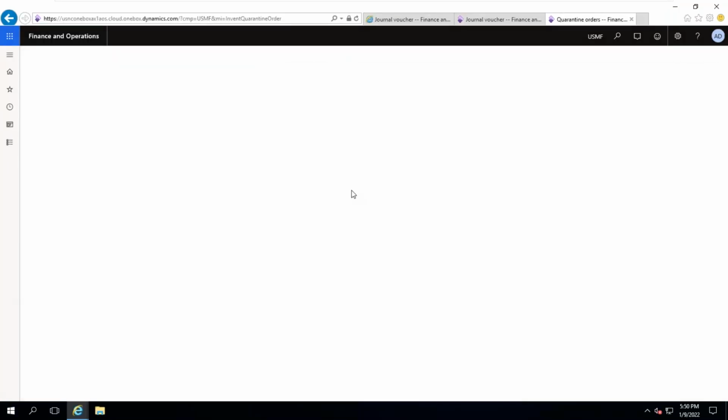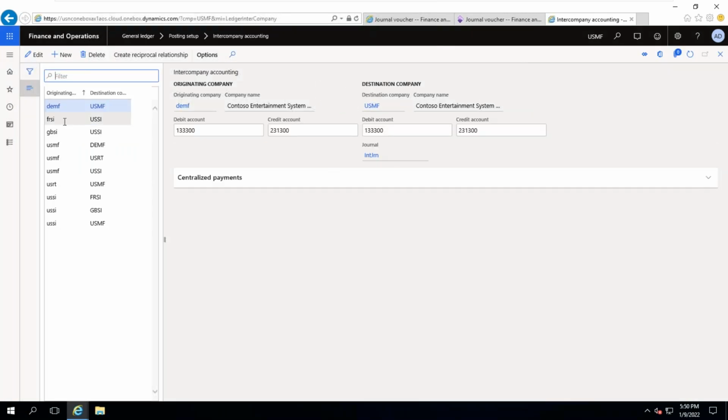So USMF versus DMF was mapped, DMF versus USMF and USMF versus DMF. Both sides you need to map. Then automatically this transaction, whenever it is received or when it is paid, it is a liability account: I need to pay, or I need to receive money.